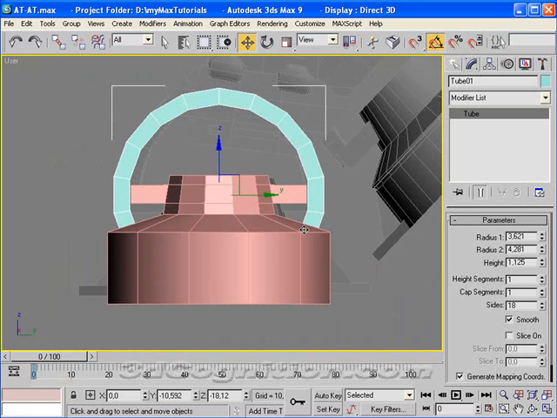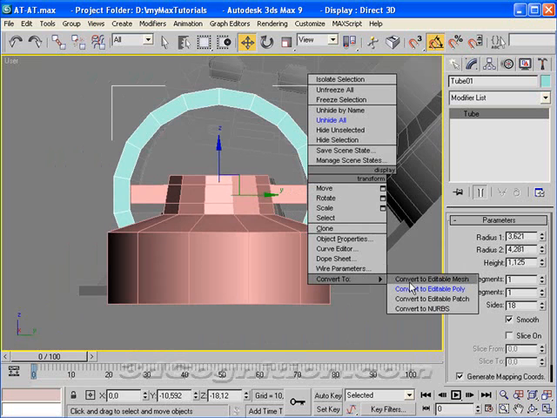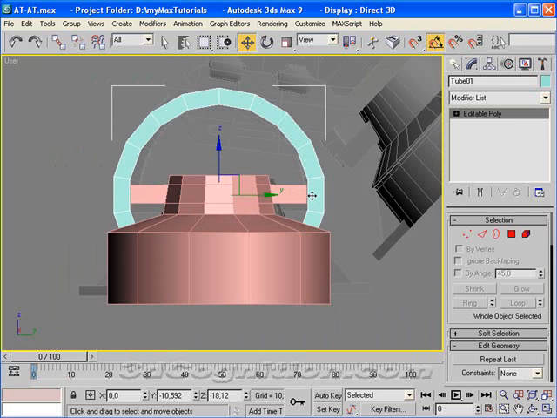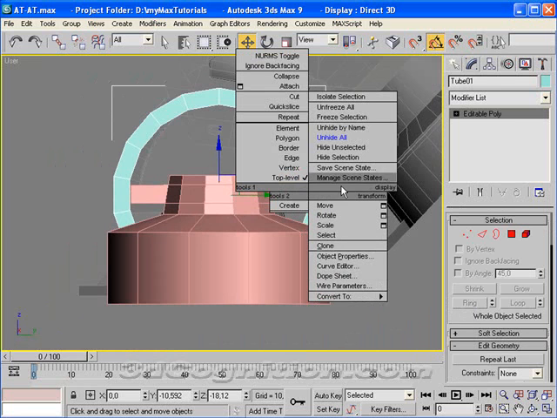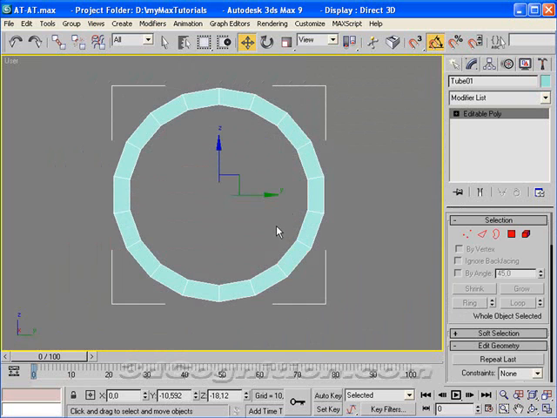Looks pretty good. Let's stop it there, right click, convert to editable poly, right click and hide unselected,